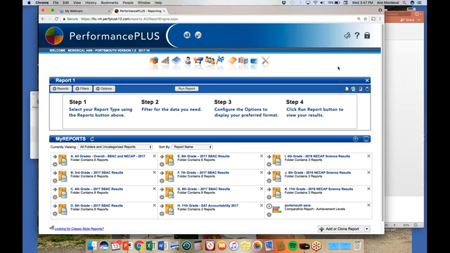So what you have in front of you is the 2009-10 version. If you look at the date under the words Performance Plus in the top bar, I'll bet you it says 2009, 2010. And you do not have access because Keene didn't sign up for P Plus this year.